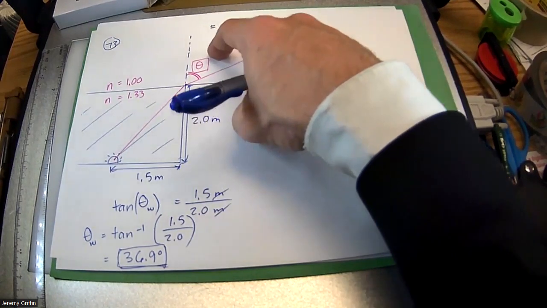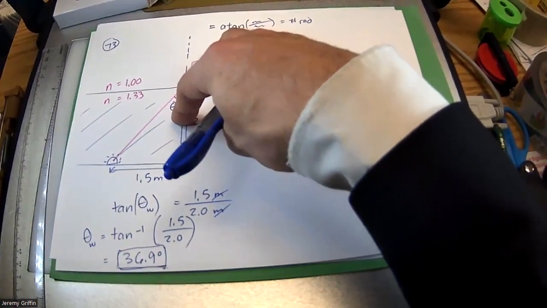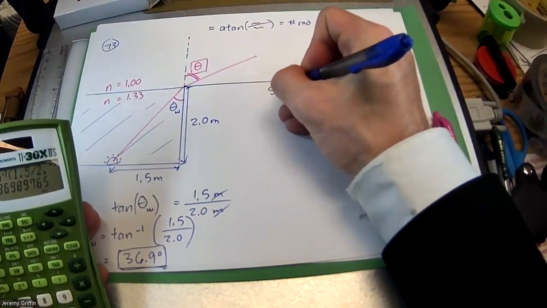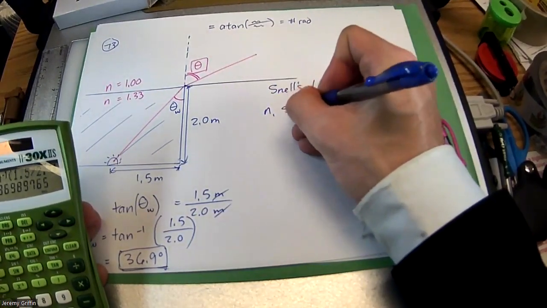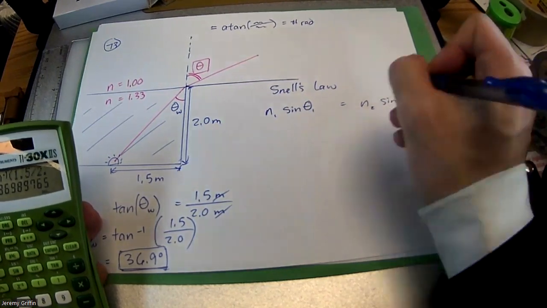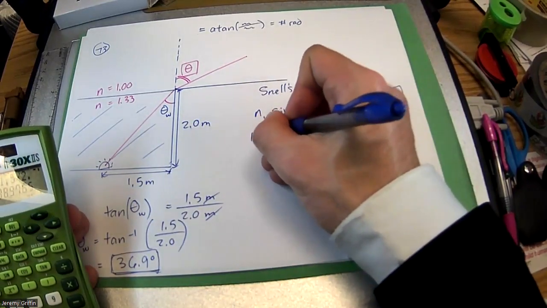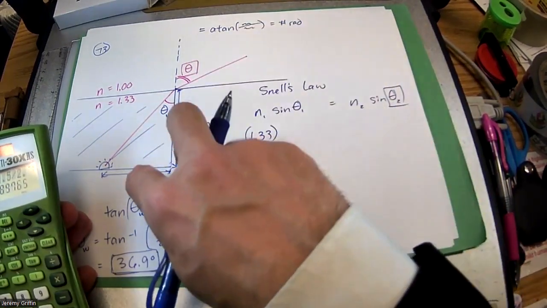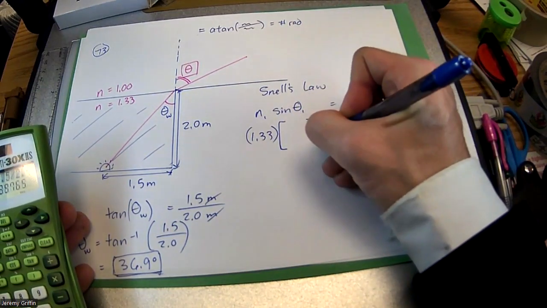Now, how are we going to figure out this angle? We have to apply what starts with an S. Snell's law, right? So let's flip over to Snell's law. N1 sine theta 1 equals N2 sine theta 2. Solve for the angle. We should have these other three things. N of water is 1.33. The angle is 36.9 degrees. Or, a little bit more accurate way, actually,